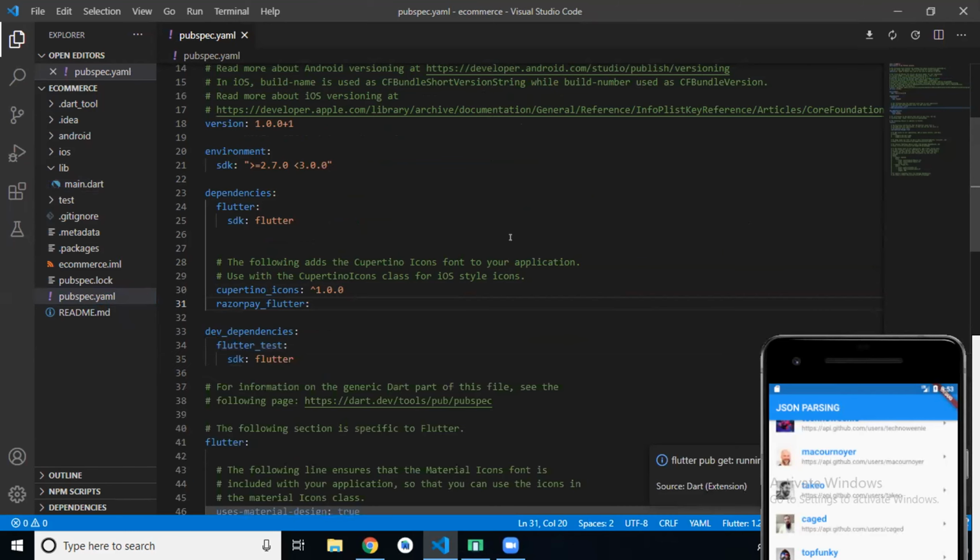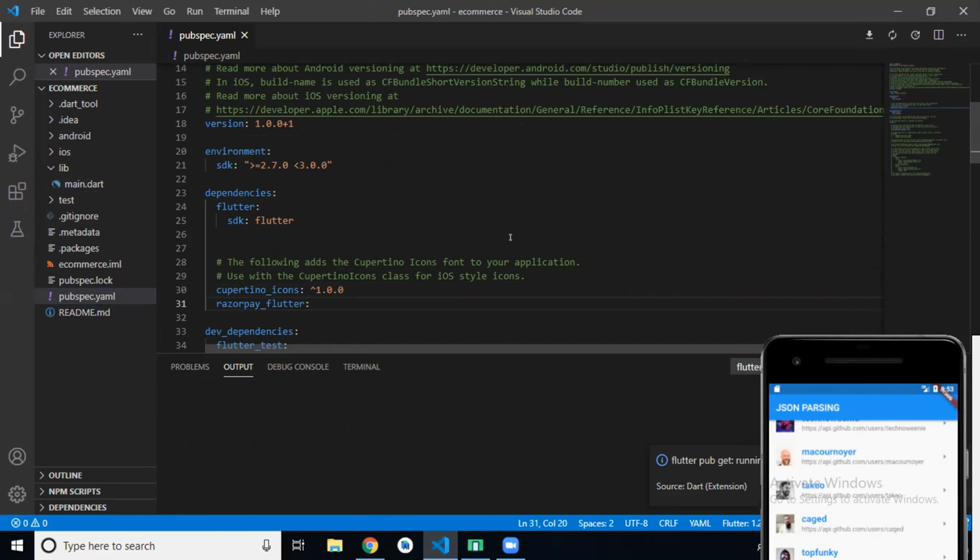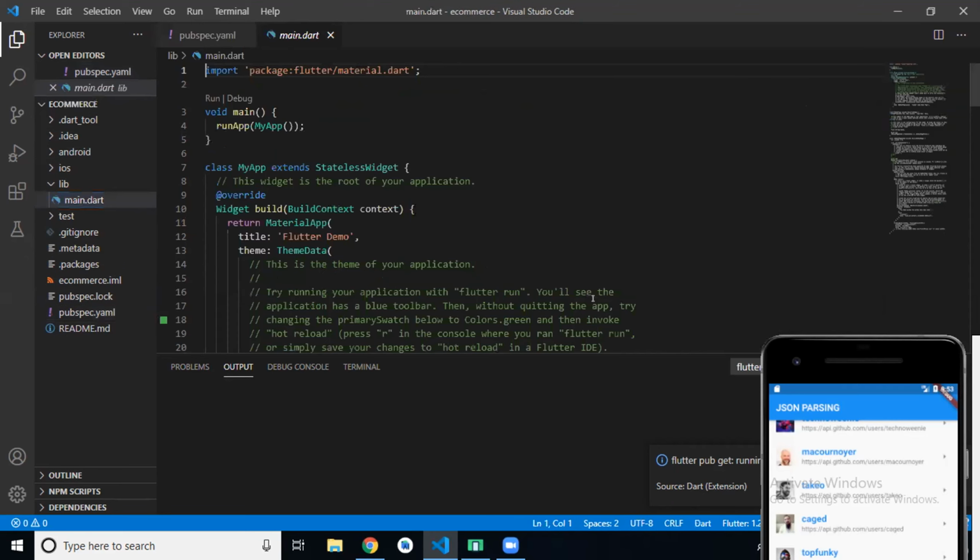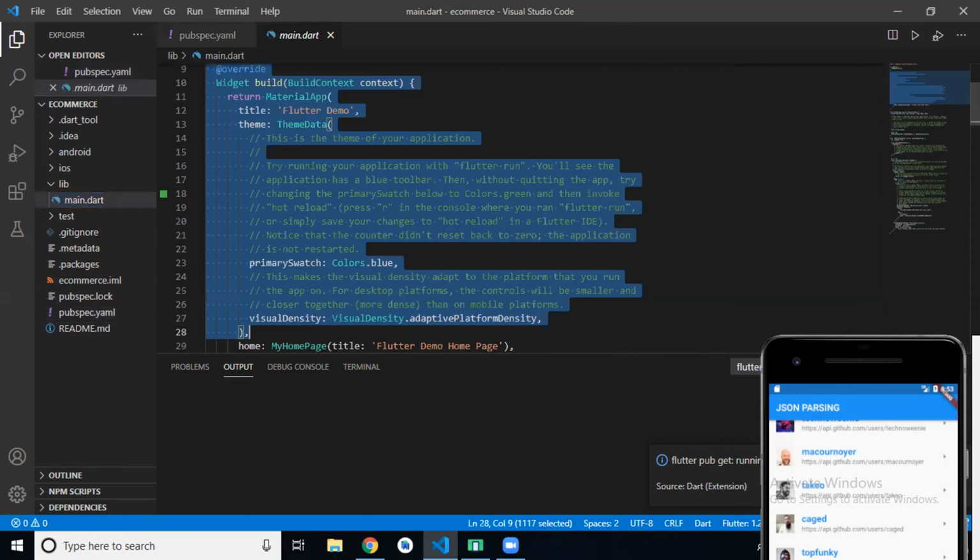If you change anything in your pubspec.yaml file, first we have to run flutter pub get. That means download all the code from that package. So we will wait for that. Then in that time we have to delete everything.